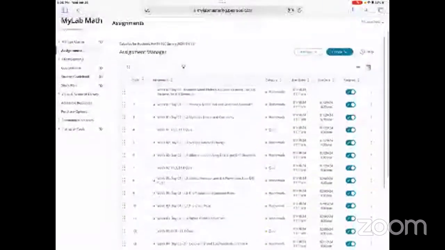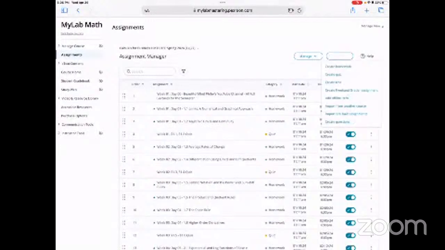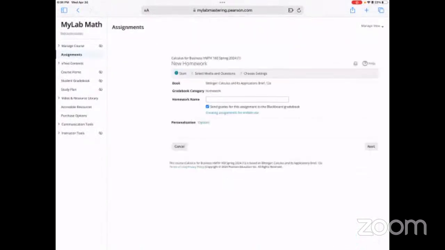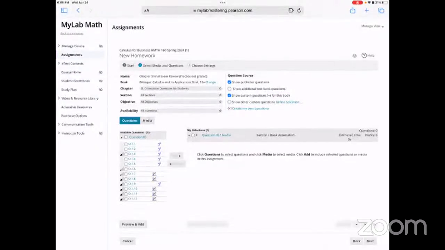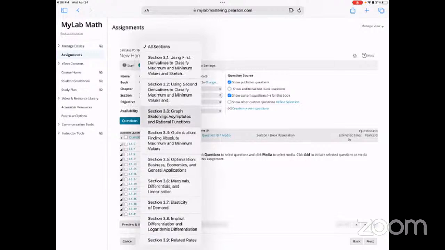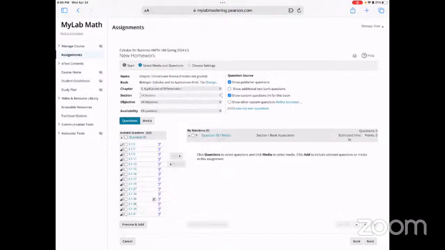Create homework. And this will be chapter 3. Paste. Chapter 3. Copy. Okay. Media. How many questions we got? Let's go to chapter 3 real quick. Did we do all of these sections? I think we did all except section 9. That's fine. How many? Let me see if I do all of them. I know it's going to cut it short some. That's fine. Oh, boo. Okay. Let me try to knock off 3-9 because I don't think we did 3-9.